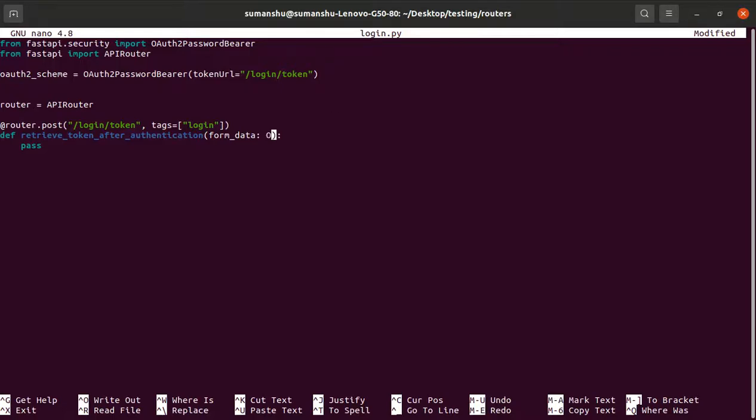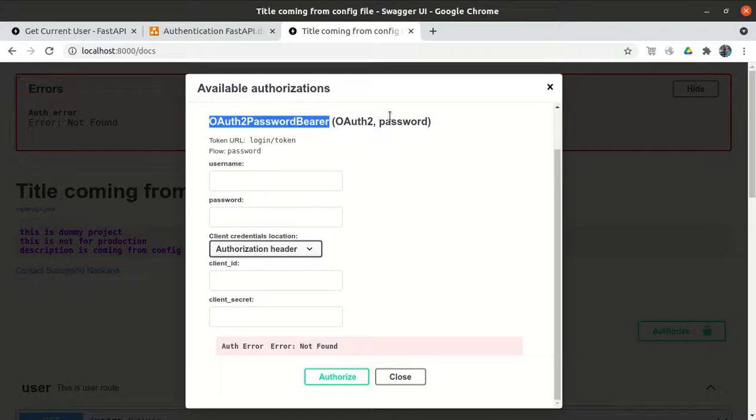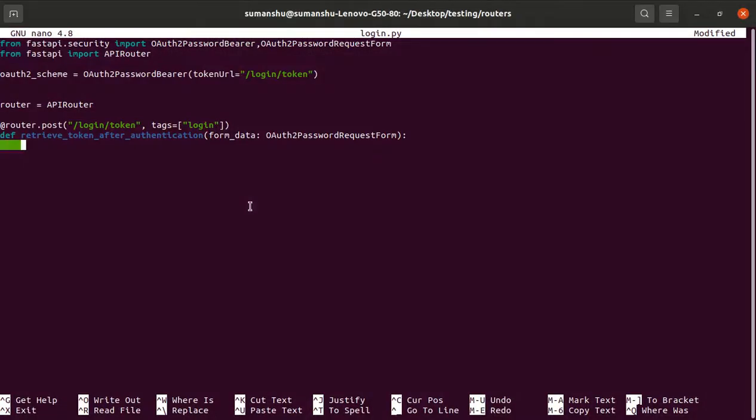We have used that, so we have to import it as well: OAuth2PasswordRequestForm. So it will accept the username and the password. Let's try to print the username and the password.